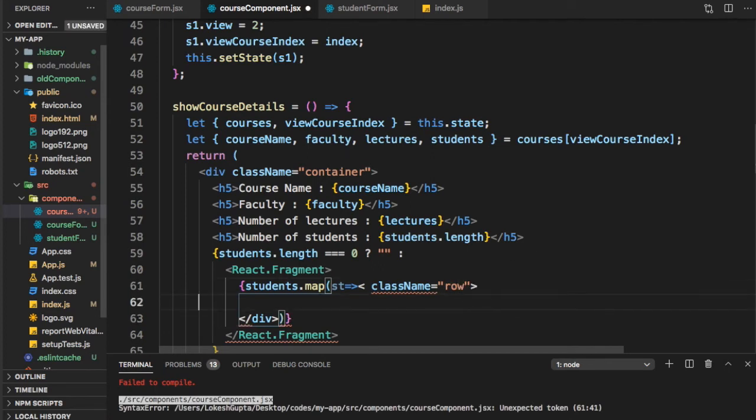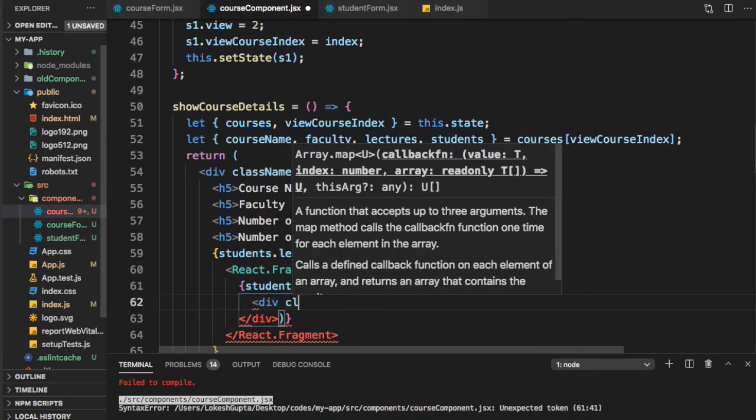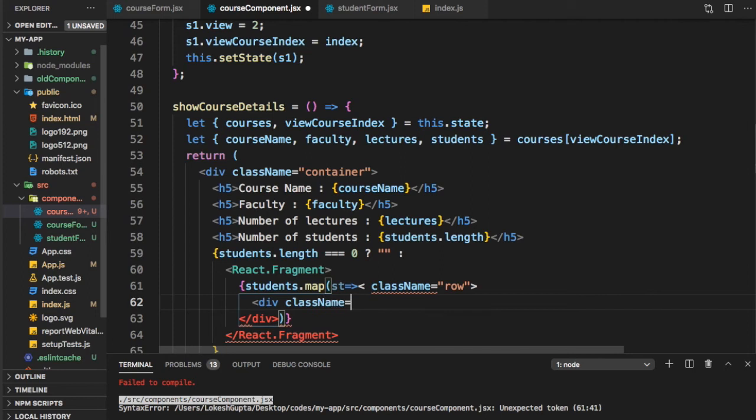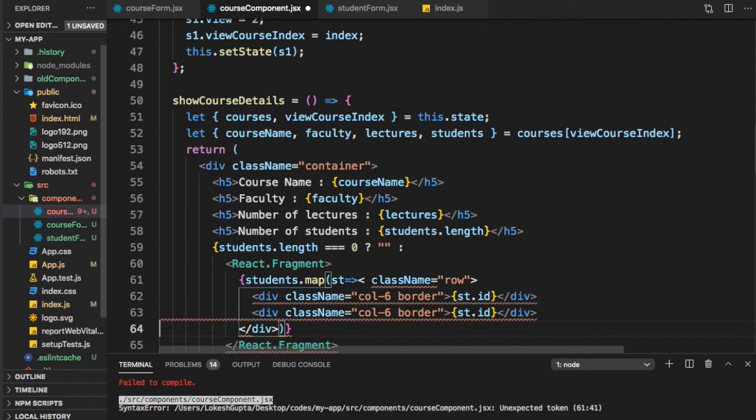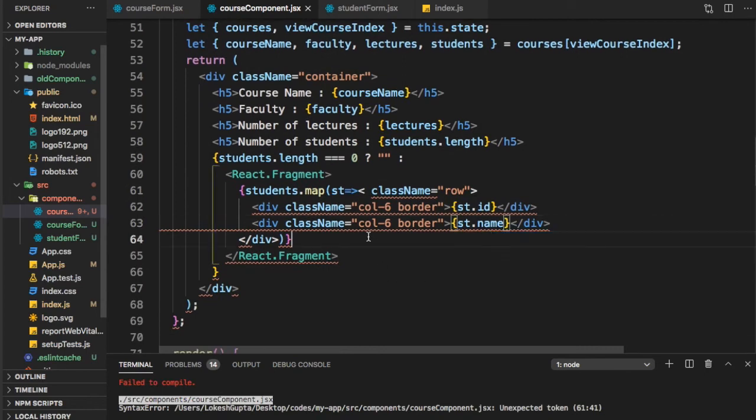And within this row, what we will show is the details of all the students. So div class name is equal to column 6 border st dot id and st dot name. So those are the two fields of our students.